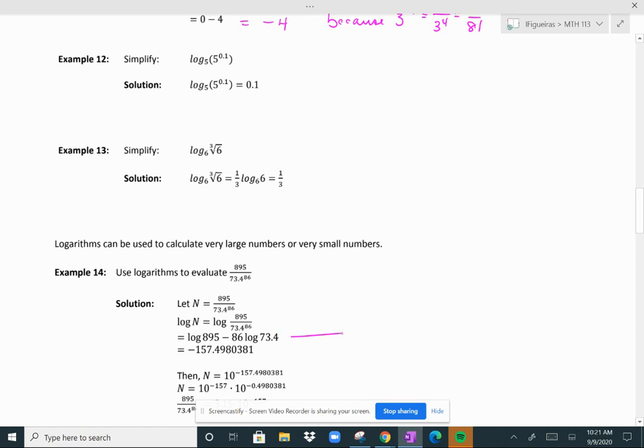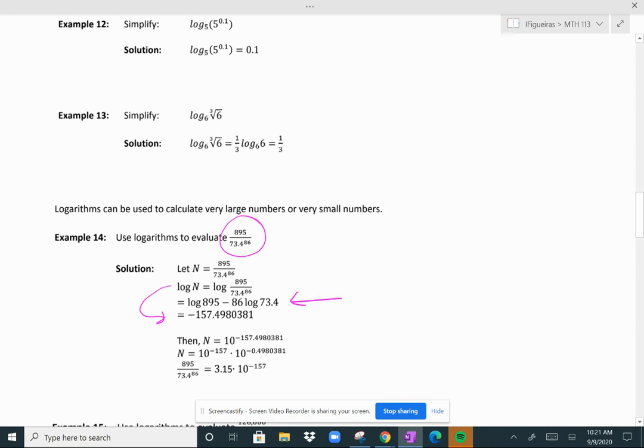You can put this line into a calculator and you would get an answer of negative 157.49803881. But that's not the value of this. That's the value of the log of that number. So I still have to figure out what n is. Remember, n is the fraction that we're interested in. So that means that n will equal, remember that's what we call the anti-logarithm, 10 to this power, which again might not be very practical to put into a calculator, but you can split up this